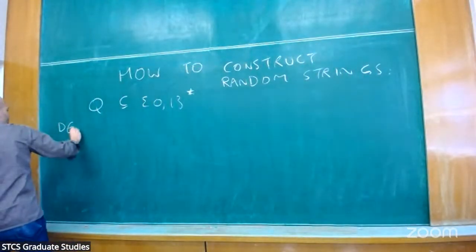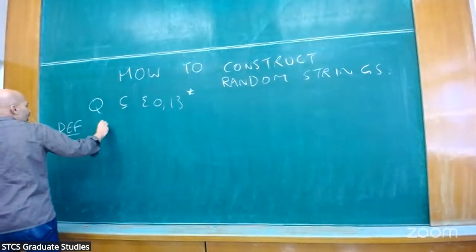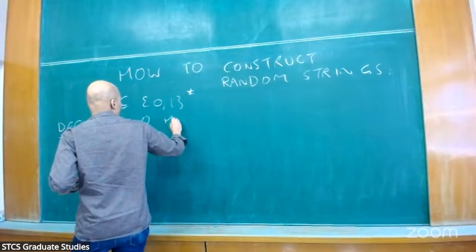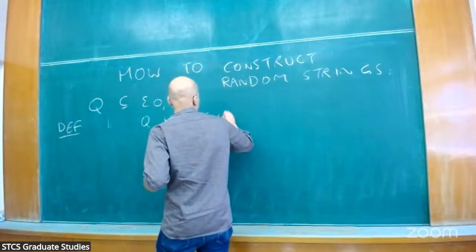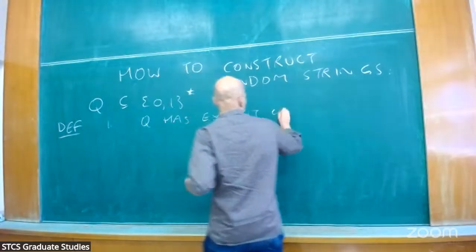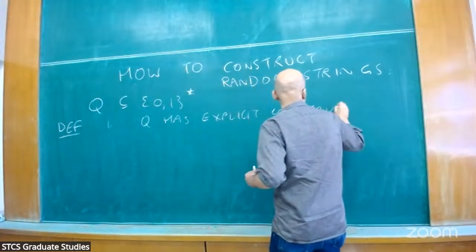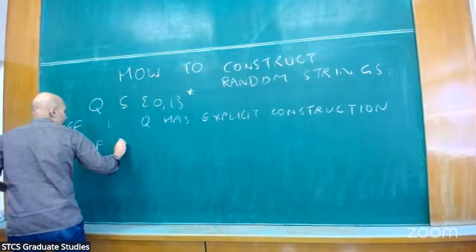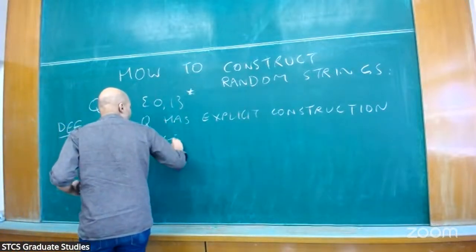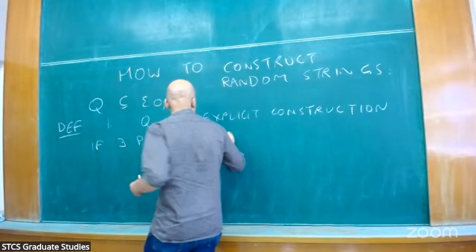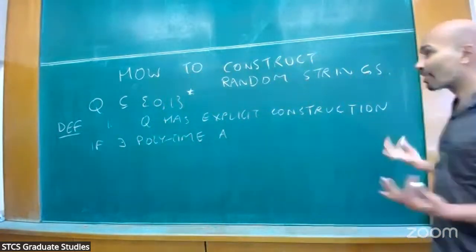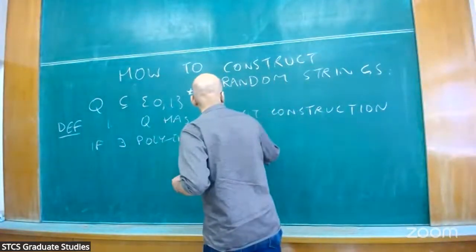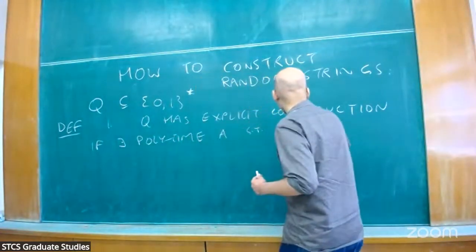We say that Q has explicit constructions if there is a polytime algorithm A,